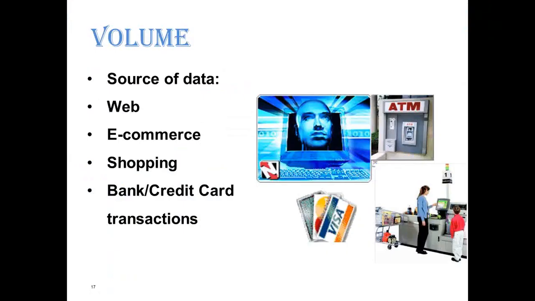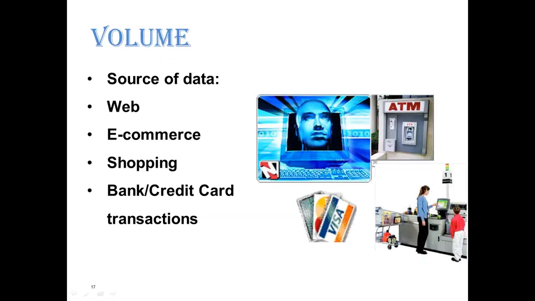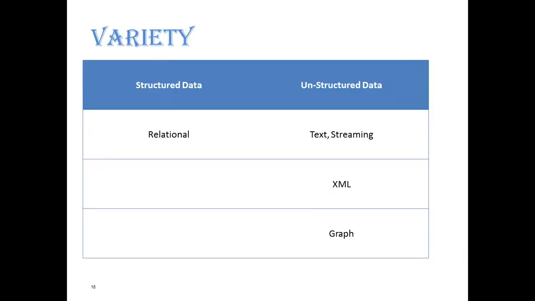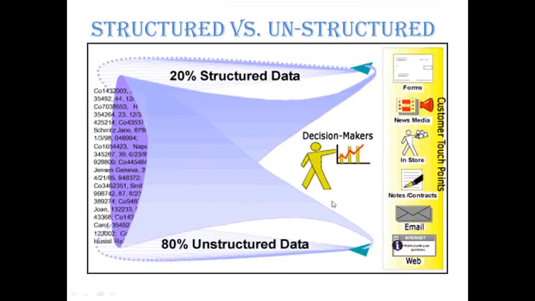The volume of data being generated in big data comes mainly from different domains like web, e-commerce, shopping, banking, retail, telecom, it could be anything. The data will be in structured and unstructured formats, like relational data, or unstructured such as text, binary, images, videos, anything. This is the data, friends, which plays an important role in big data, I mean, coming to decisions and everything. Of course structured data also, but unstructured is major since most of the data will be in unstructured format.